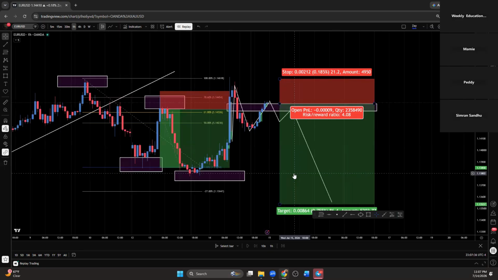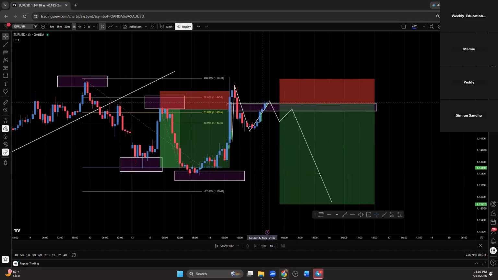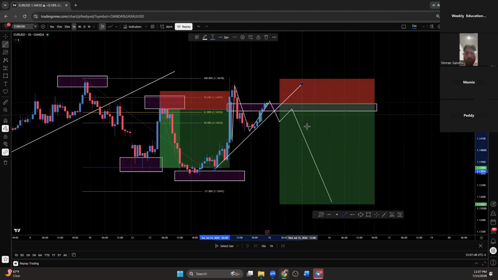But I think that's pretty solid. I would love to see this close back below this area. Close back below this area, bro, you about to cook, you about to eat. I ain't gonna lie to you. Close back below this area, close back below this trend line, man, you good as golden. I would love to see it break above here.